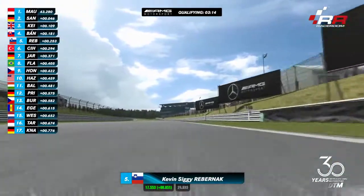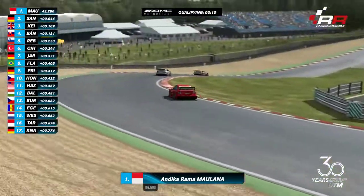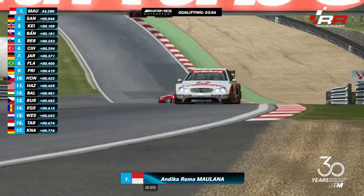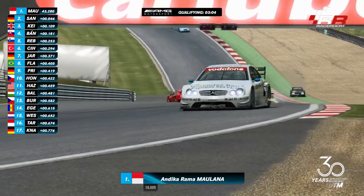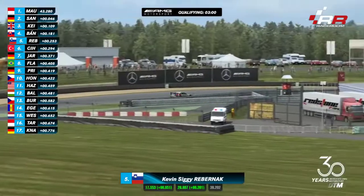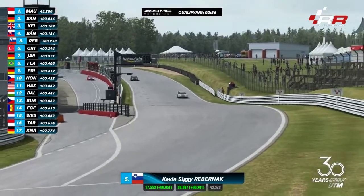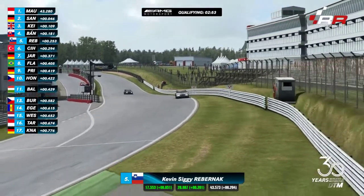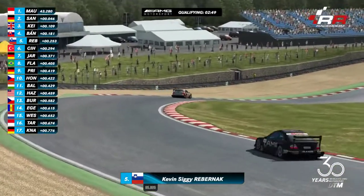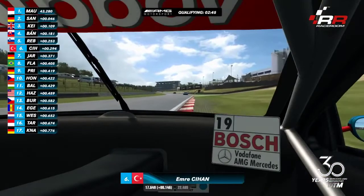Ooh, one of the cars off, I think that was Knutz, as Maulana jumps up to provisional pole. He was behind Santos in the 1st and 2nd sector, as he just loses the car there. But he gets it all back in the final sector, so now pole for Maulana. That's another half a tenth swing towards the Indonesian, who has been close to pole position before. He's been on the front row twice this season, but he's just not had enough to beat out some of